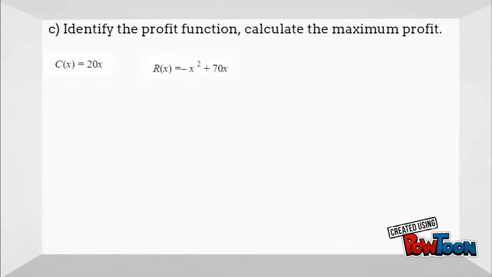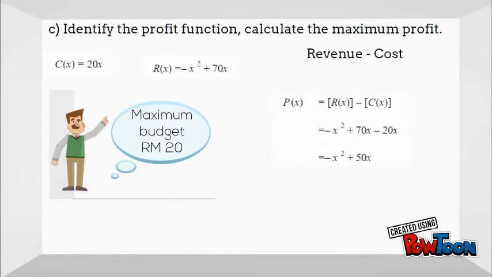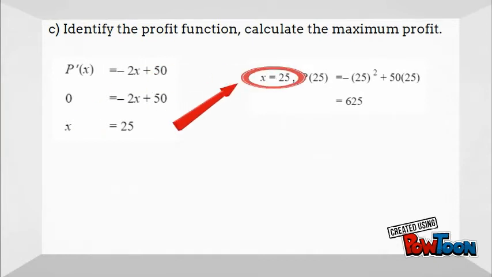Last question. Before we form the profit function, we have to state the cost function and revenue function. The cost function is the budget which has been stated in the given scenario. The formula for the profit function is revenue minus cost. After that, repeat the same steps as in the previous question: apply derivative and find the X value when marginal profit is 0. Finally, substitute the X value into the profit function, and that's how you get